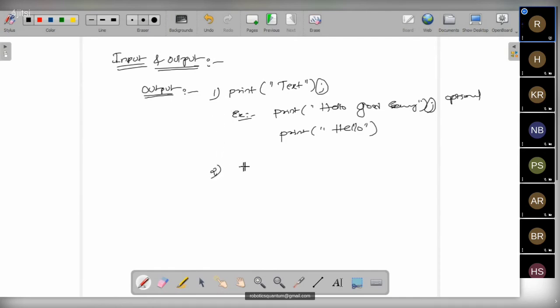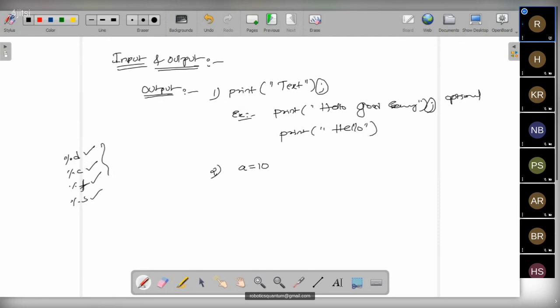The second way: for example, I have a value of 10 in a variable. If you want to print this value, in other programming languages we have to use format specifiers: %d, %c, %f, %s. For integers, %d; for character, %c; for float values, %f; for string values, %s.